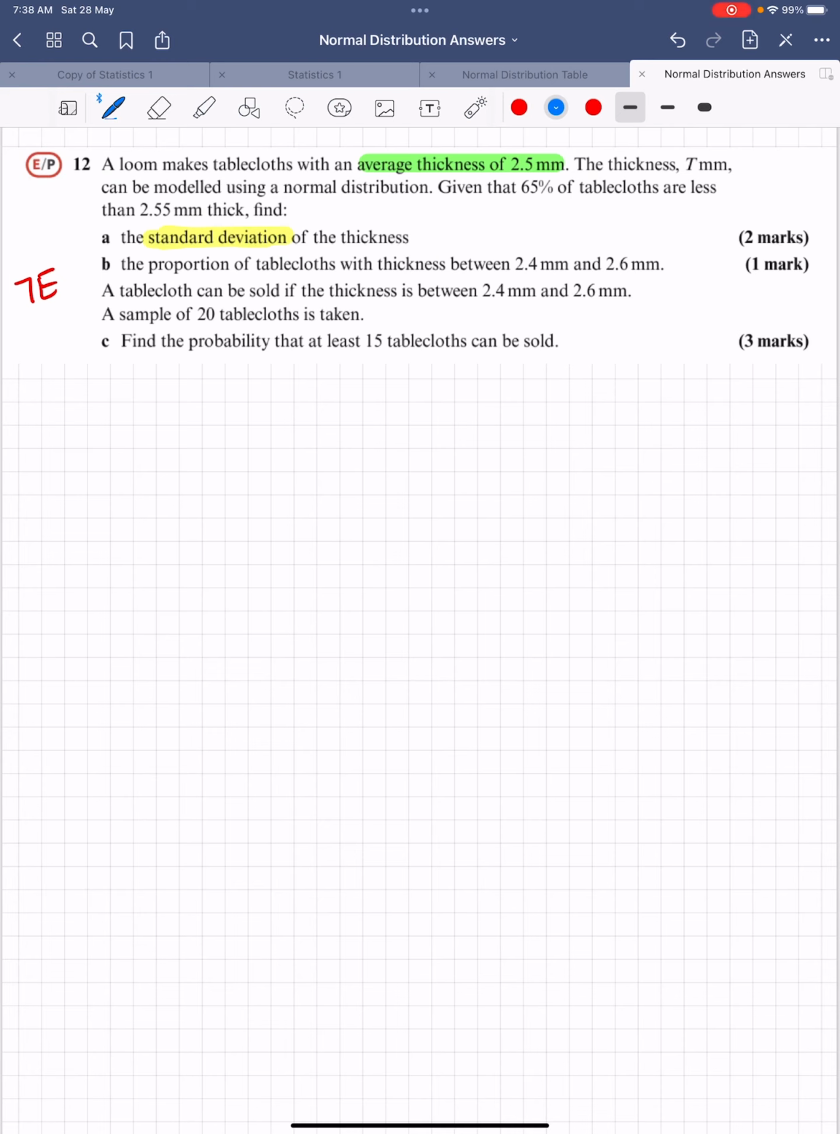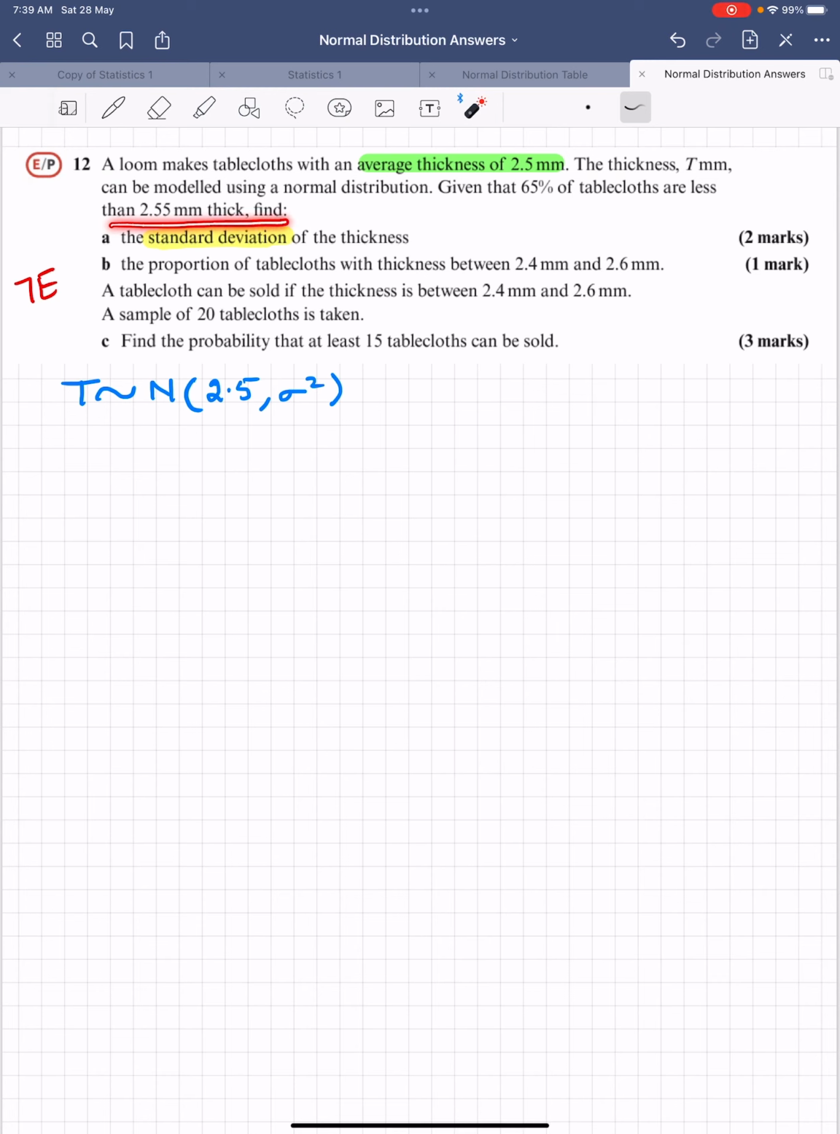So, first of all, the thickness T can be modeled using a normal distribution, so we will write this. We know that our mean is 2.5, as it has been mentioned, the average is 2.5. Standard deviation is unknown, and that is what we need to find. The information given in part A of the question also says that 65% of the tablecloths are less